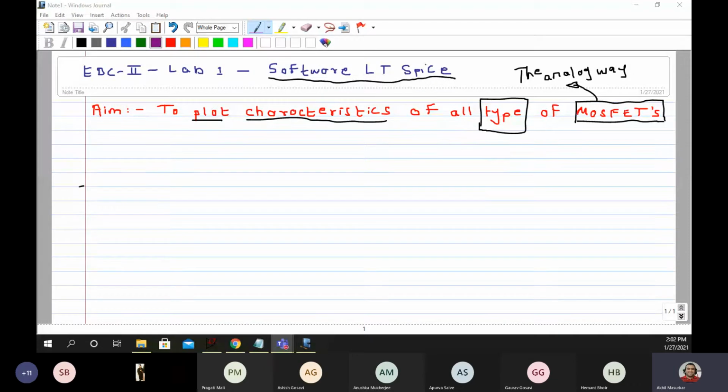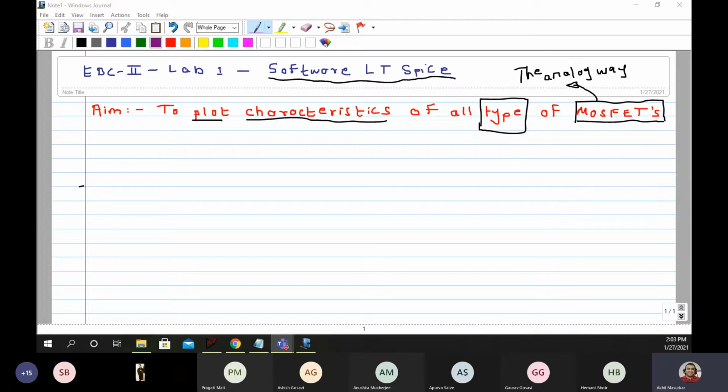Now if I change the question and ask, out of these two MOSFETs, which is the best if I want to make an amplifier? Which is the best if I want to make a switch? Which is the best if I want to make a resistance? Which is the best MOSFET if I want to make a current source?